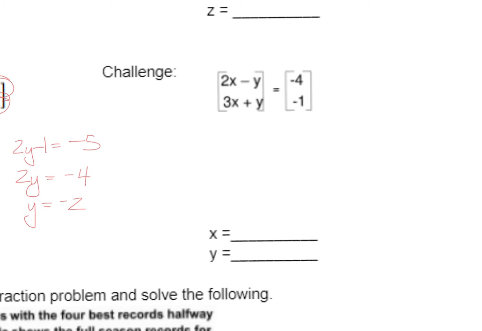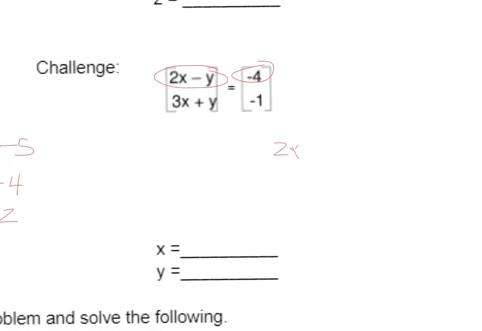It's a very similar problem, right? We've got two matrices equal to each other, and so we know this element equals this element. In fact, let's go ahead and set that up. 2x, let me zoom in here, let me fix that x. 2x minus y equals negative 4. And then we've got the 3x plus y